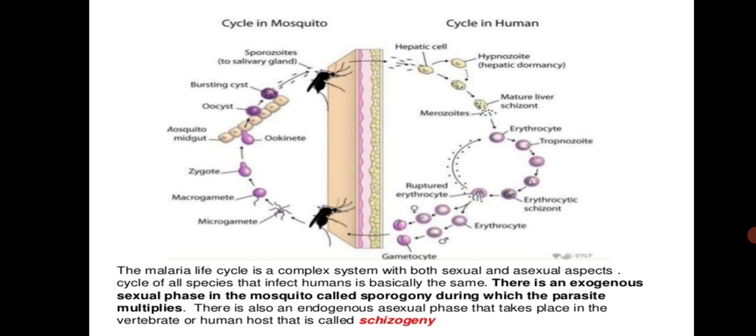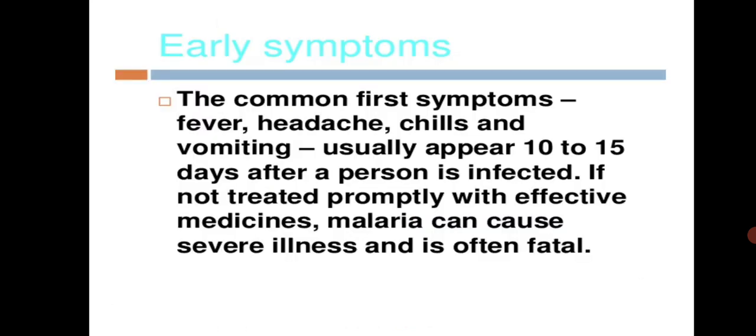and it grows as an oocyst, and this cyst will burst, and the sporozoites will be released into the mosquito's salivary gland. Again, when this mosquito bites an uninfected human being, through this salivary gland the malarial sporozoites reach the liver cells of the human. Okay, this is the life cycle of the parasite.